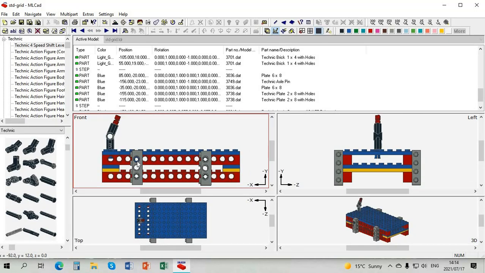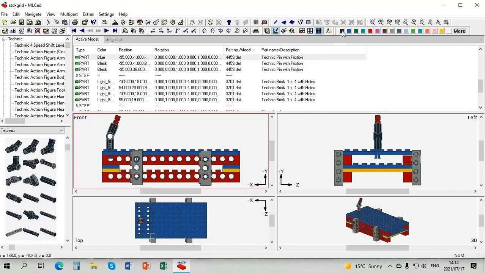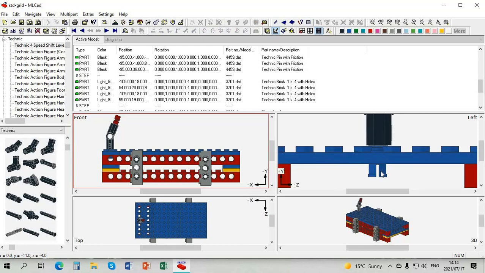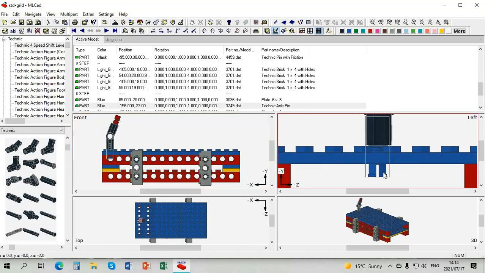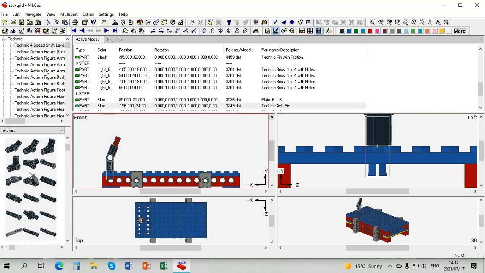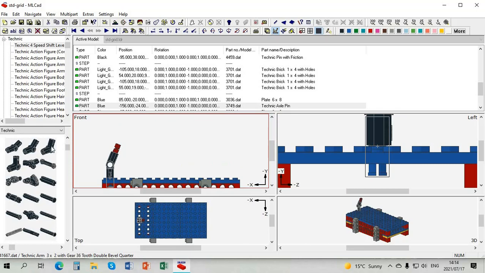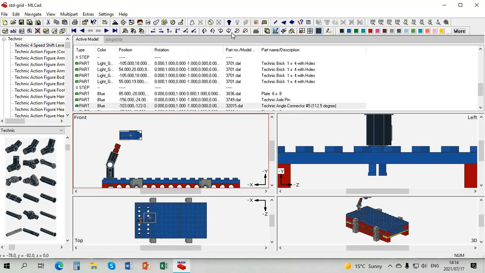I don't want the pin to be a blue pin. I want it to be a black pin because that's the right one. That should be a blue pin though, that's fine. Let's have a look at what's going on here. That's better, we can do it like that. Will work better, okay. And now let's see, I think I'm going to use this one, and we'll rotate it